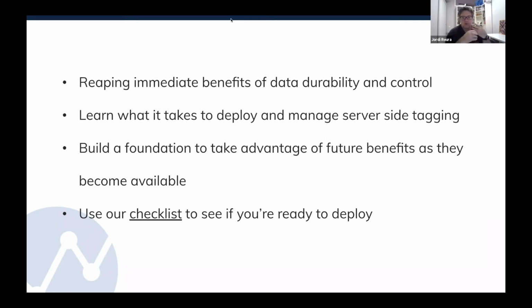You will be learning what it takes to set up. What are the bottlenecks? What are the problems? What are the advantages that you gain from moving to a server-side collection model? What are things that you can realistically move, and what are things that you realistically need to wait for a while before you move them? And you will be building a